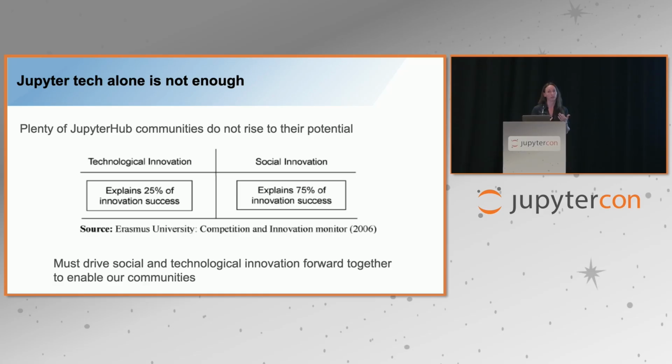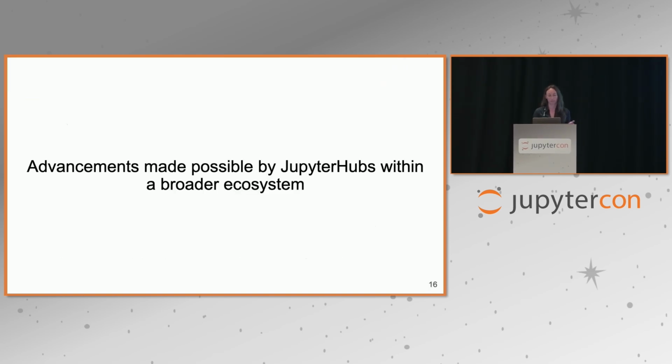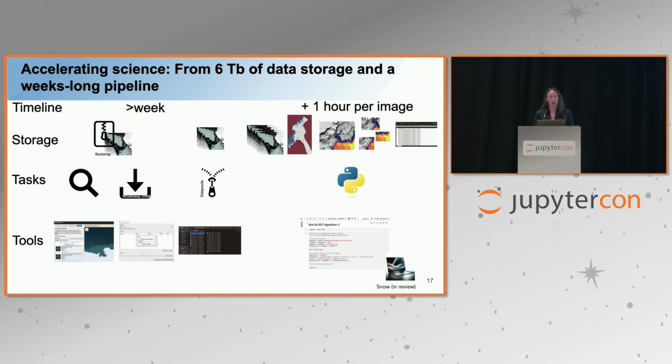How do we use our tools together? What people are involved? That sort of thing. So we really need to drive social and technological innovation forward together to enable our communities. So as we use JupyterHub and Jupyter within a broader ecosystem, what advancements have been made possible so far? Just looking strictly at a computing